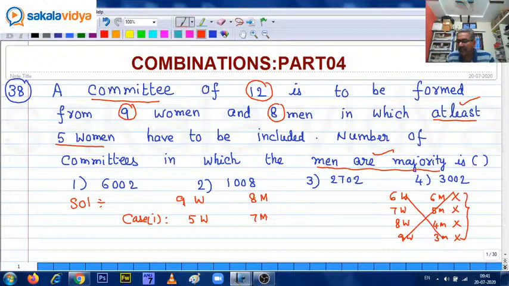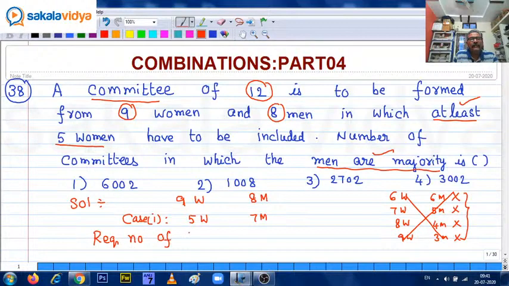Only one selection we shall get. Here, at least these two conditions will be satisfied: the committee should consist of at least 5 women and men are majority. These two conditions will be satisfied by only one case. All these other cases will not satisfy. So that's why the required number of ways is equal to